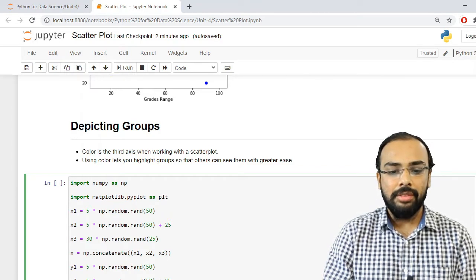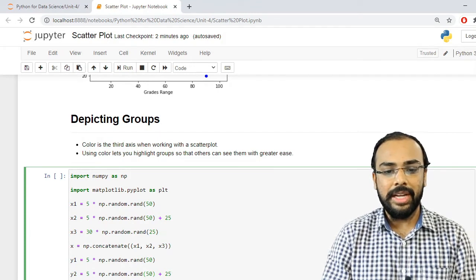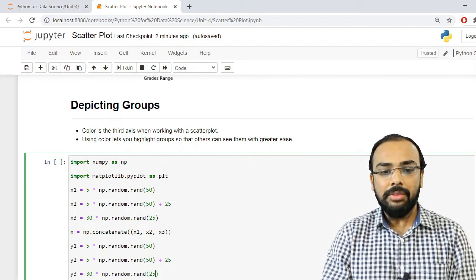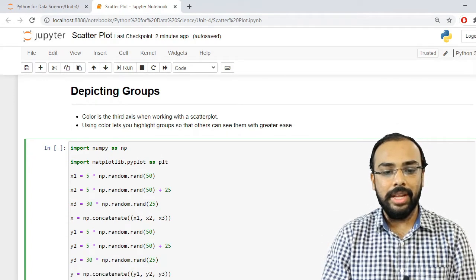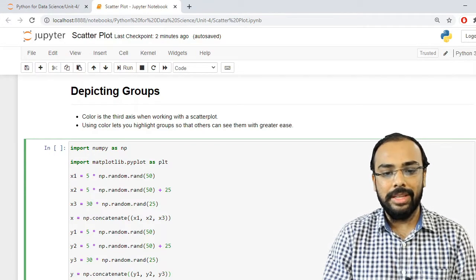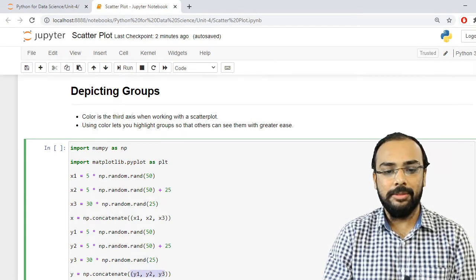Then the second I have taken is y2, again 50 random numbers plus 25, and the third random number that I am generating is of 25. Again I am concatenating into a variable named y. Again we have the concatenate method, and I have passed my three y variables, that is y1, y2, y3 respectively.